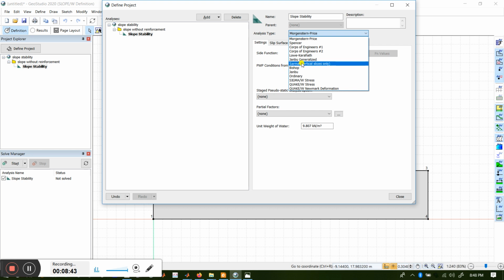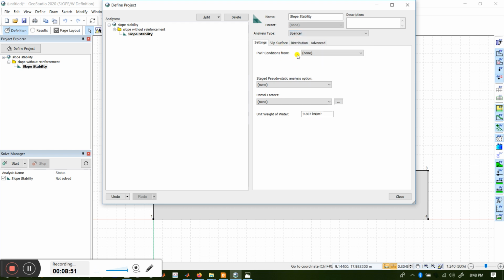Most versatile methods are Sarma's method, Bishop's method. I'll choose Spencer's method. And this is pore water pressure conditions. I will not choose any pore water pressure condition. I will leave it as default or none. So we have created the type of analysis we want to do here. So now I'll close it.